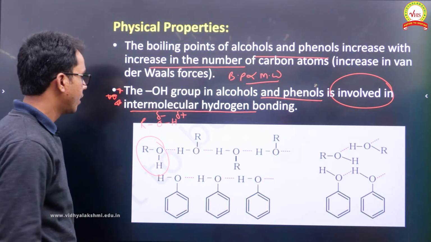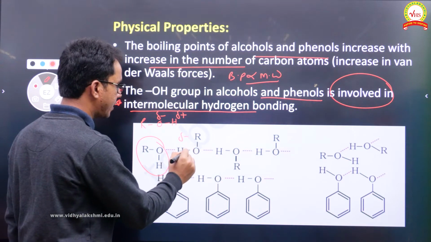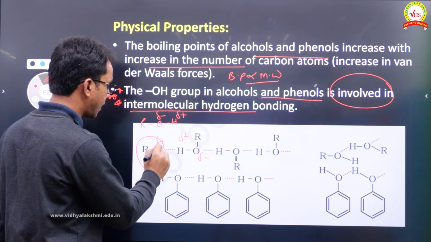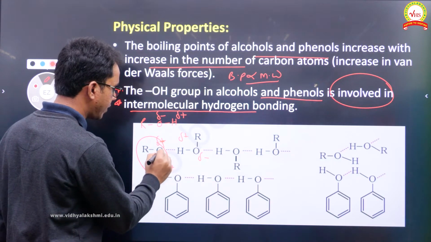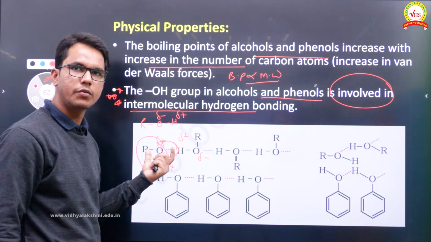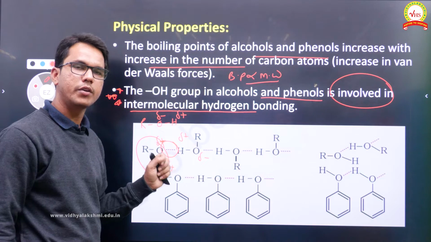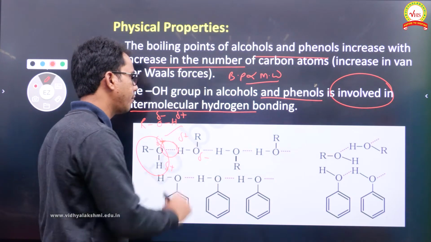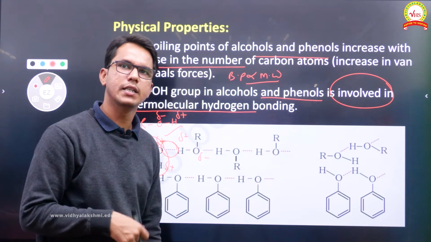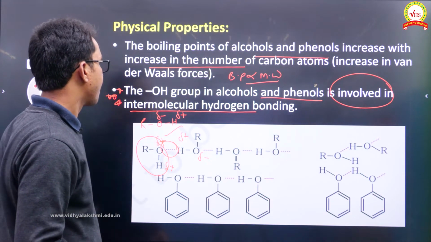charge. Now if you take another group also, we have a partial positive and partial negative. Between partial negative and partial positive, an attraction forms. The attraction between the partial positive hydrogen and the partial negative, more electronegative atom is called hydrogen bonding. If it takes place between molecules, that is intermolecular hydrogen bonding. Within the molecule means intramolecular hydrogen bonding. Okay. Next,